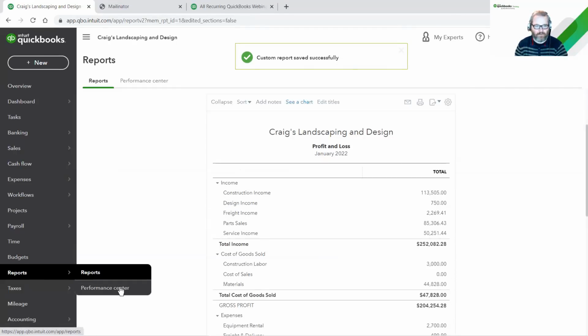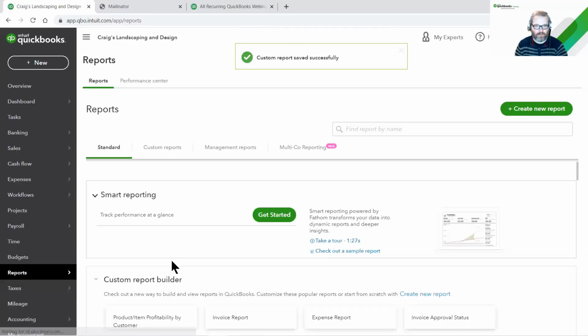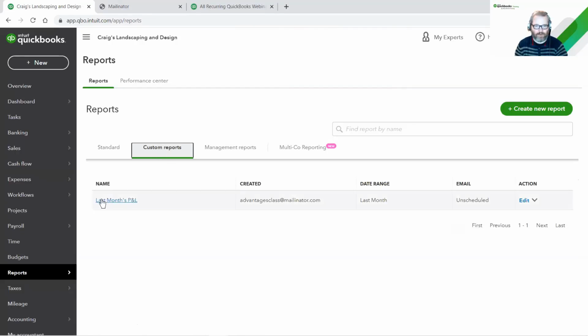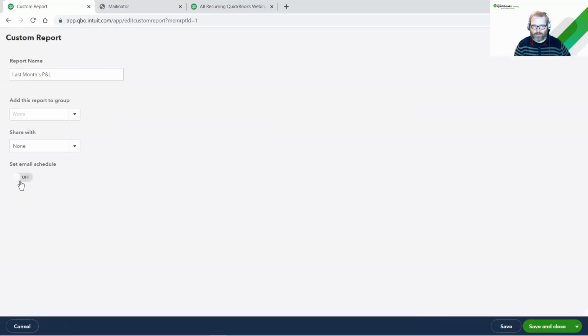And then I'm going to go over to reports, custom reports. There's the report, last month's P&L. Notice how it says email unscheduled. Well, if I edit this, I can turn on an email schedule. And that lets us tell QuickBooks just to send off this report to whomever we choose on whatever basis we choose. So if I toggle this on,